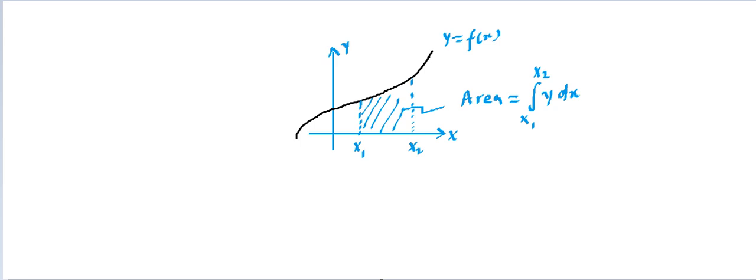Making sense? Now if somebody makes a bit of change and asks something else, I hope you can also catch that point as well. And let's say if we join this point here, so that's going to be y1, that means value of function at x1. If you join this point, so that's going to be y2. And if somebody is interested in finding this area, that means now you need to find the area of the graph or under the graph with the y-axis. So can you connect what this area should be written as?